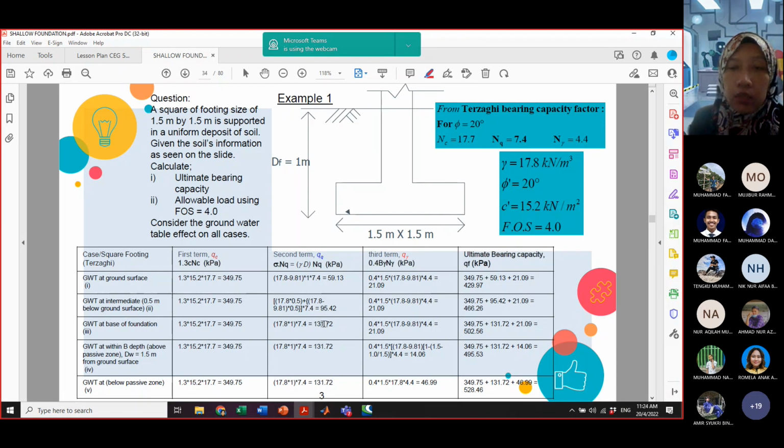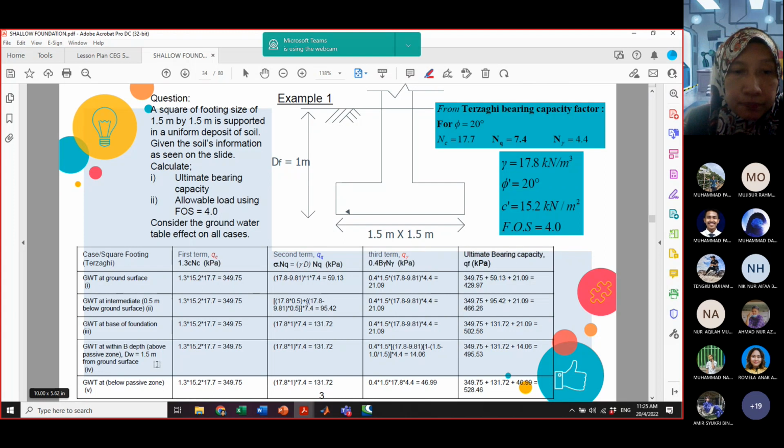Okay, how about term number 3? Term number 3 ni dia akan ada effect water table. Sebab apa? Sebab walaupun air tu berada 0.5 daripada permukaan tanah, foundation kita below ground surface, below water table effect kan. Maknanya foundation kita ni dia ada kesan daripada air tu. So kita kena ambil efektif unit weight. So 17.8 tolak dengan 9.81. So you akan dapat 21.09. So you total up, you akan dapatlah 466.26. So the ultimate bearing capacity as you look at, it is increase lah, but somehow dia akan decrease dekat case